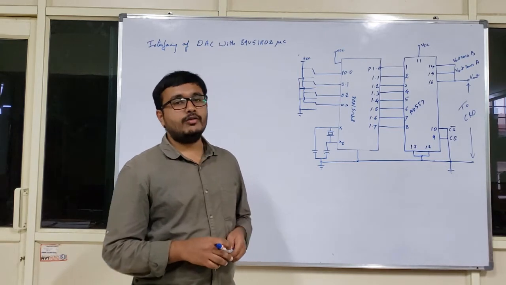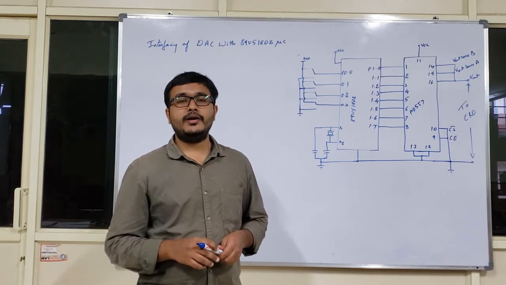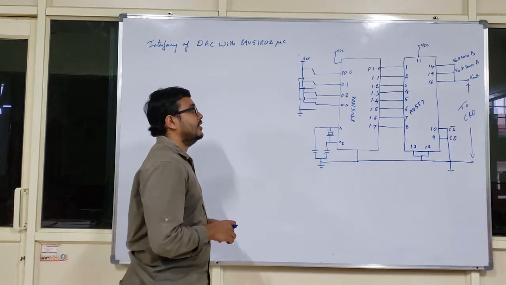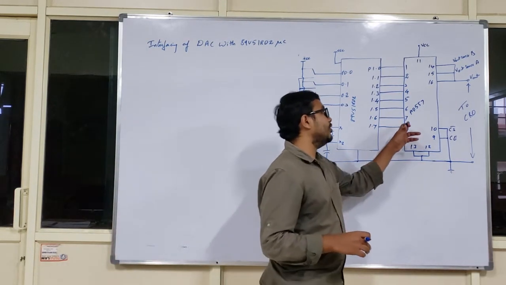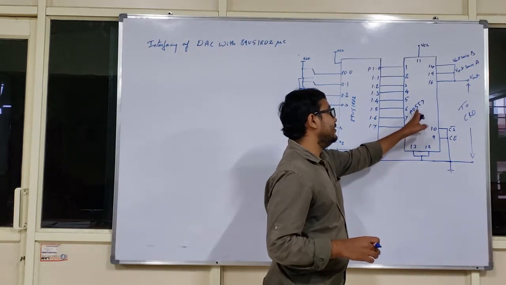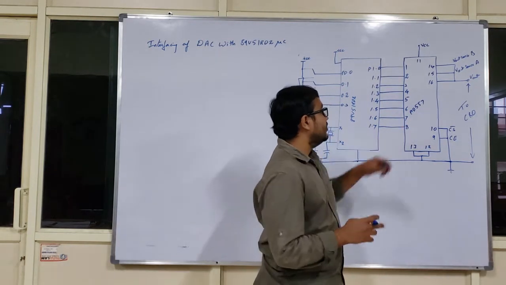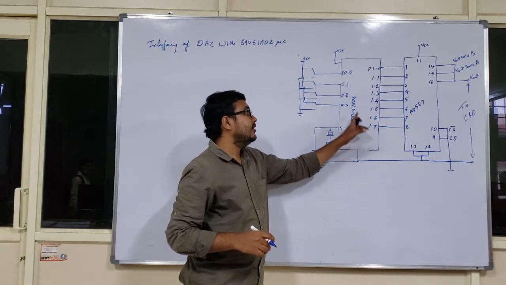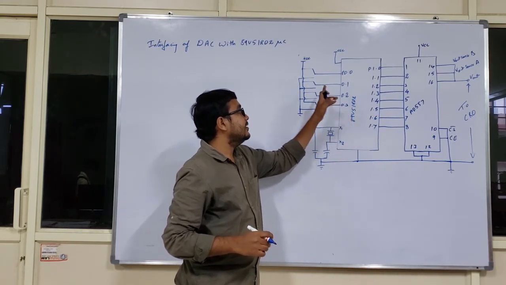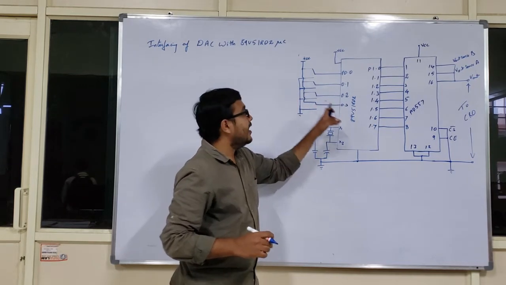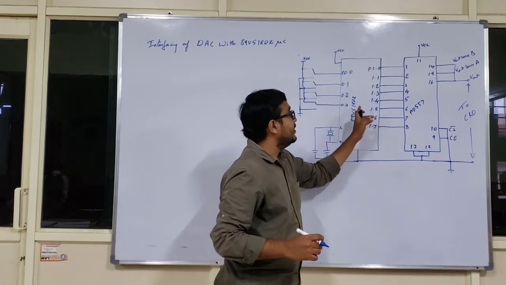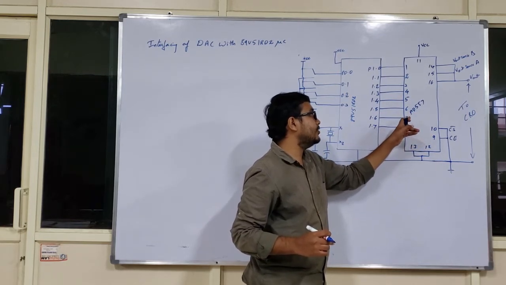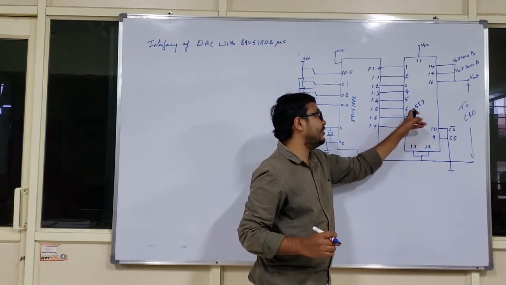Today's discussion is how to interface your 8051 microcontroller with DAC. In the DAC kit, the integrated circuit, the IC module I am using here is AD557. In the microcontroller, I have used port 0 and port 1. Port 0 is interfaced with the dip switch and port 1 is interfaced with your DAC kit. Inside the DAC kit, I have a module or an integrated circuit, that is AD557.